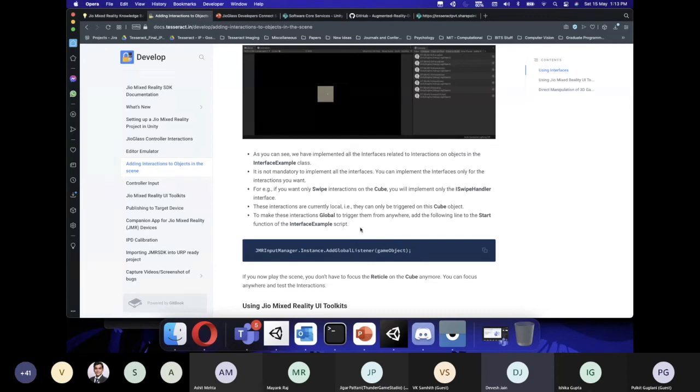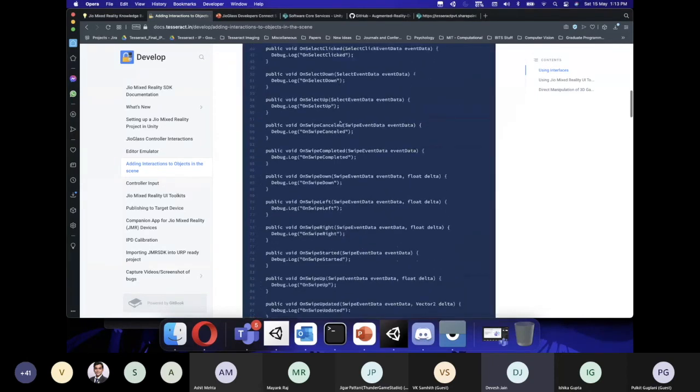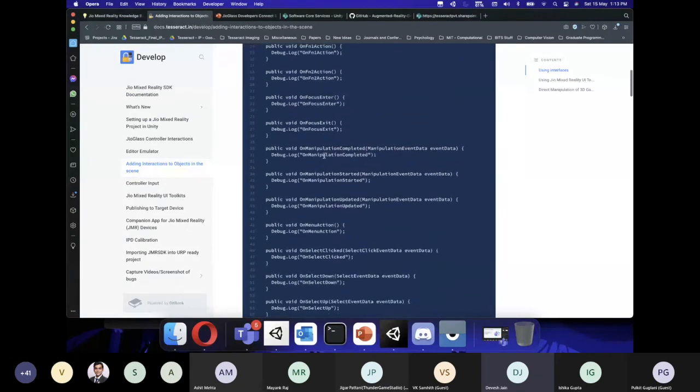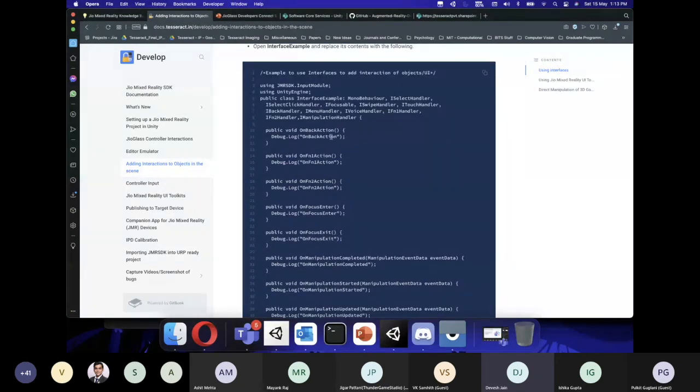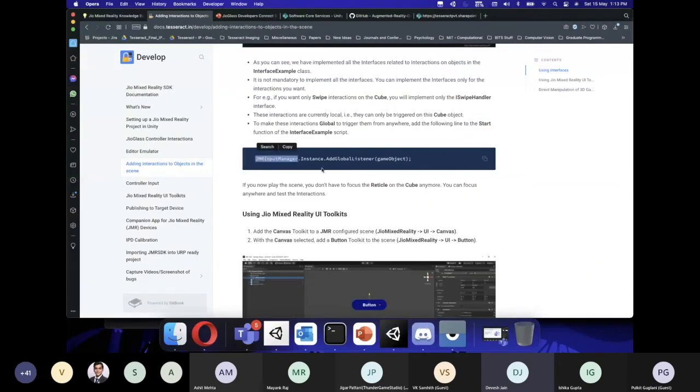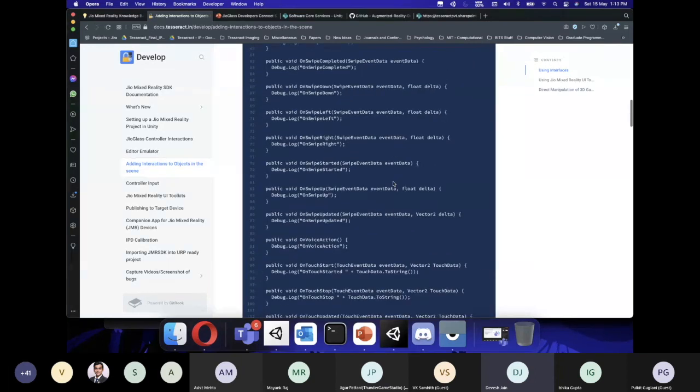In that case, whichever script you've used to implement this functionality, let's say it's this script itself, in the start function you simply need to add this line, which is GMR input manager.instance.add global listener with the game object. What this does is that it will execute the callbacks on this script irrespective of where I am pointing into the scene.